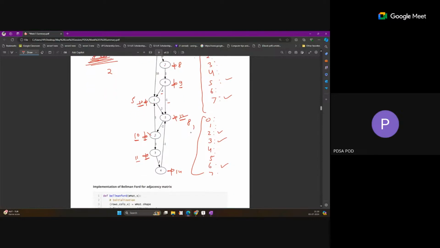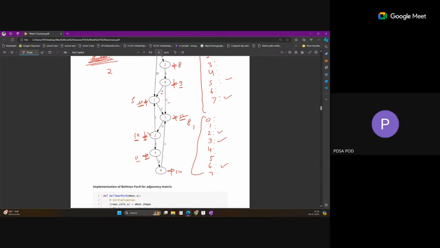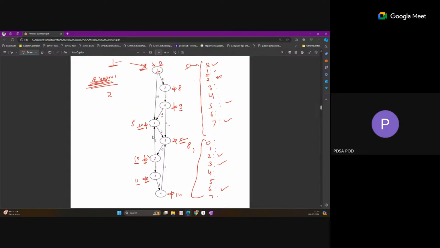So in this way, we will repeat this process 8 times. So how many vertices do we have? And after 8 times, you will get the shortest distance from 0 to each node. So each repetition is actually figuring out this information, so that in the first iteration, you are getting